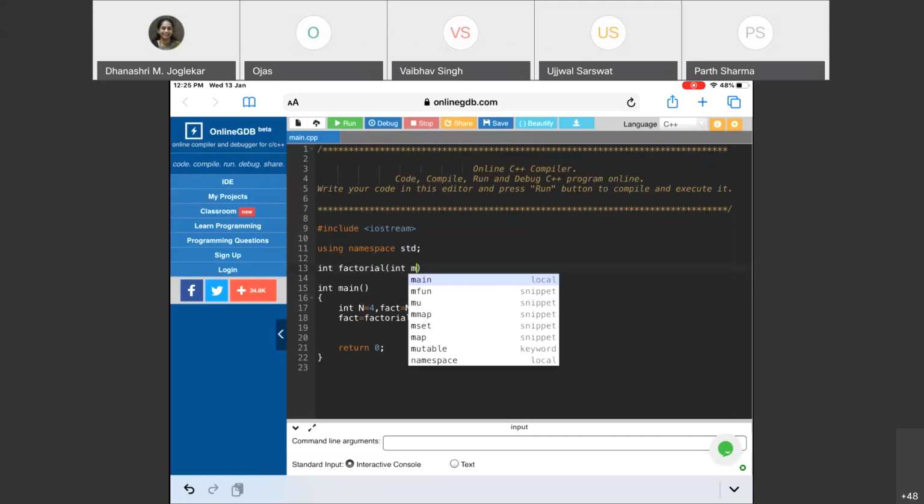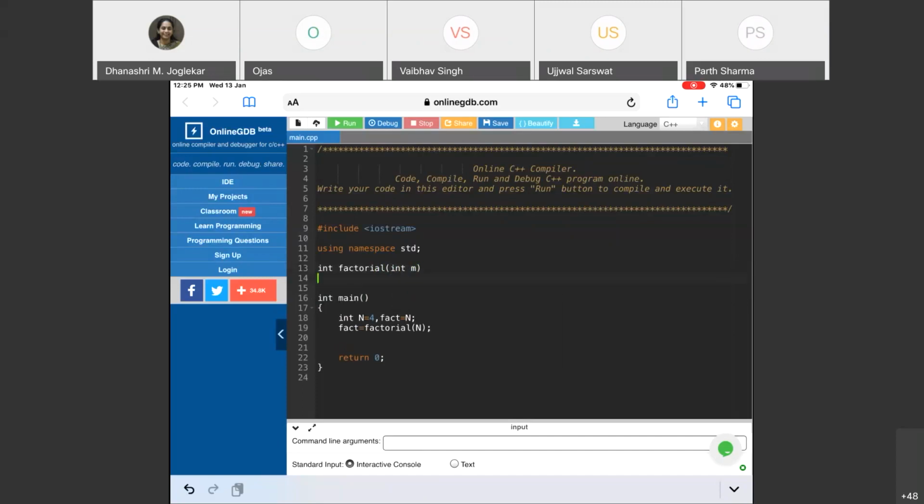You can write m also, it doesn't matter. It can be very different from what you have written at line number 20 over here. So now we are inside that recursive function, and as I just told you, whenever you are writing a recursive function, you need to write an if else condition.